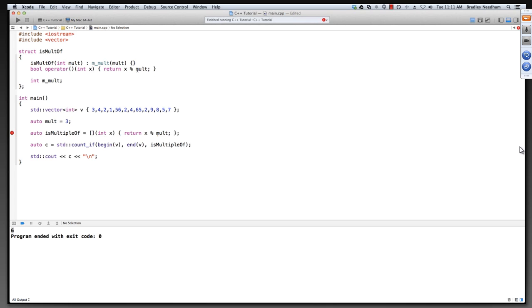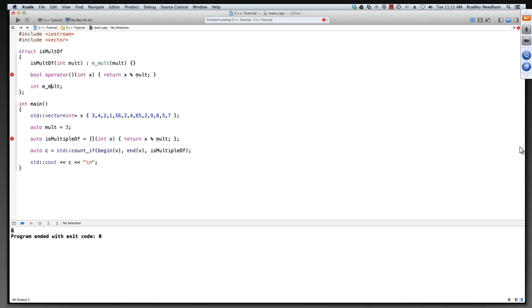And then in this scope, which is still missing here, because the operator overload is different, we need to use basically the data member that we have. So we provide that in there. So this now allows me to do something like, let's kick out the lambda, and let's just put is mult of,